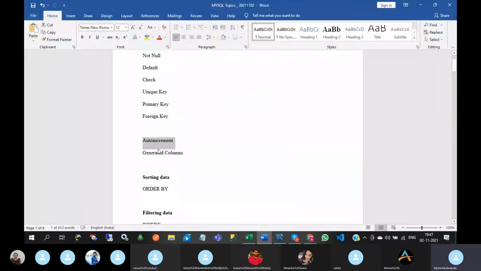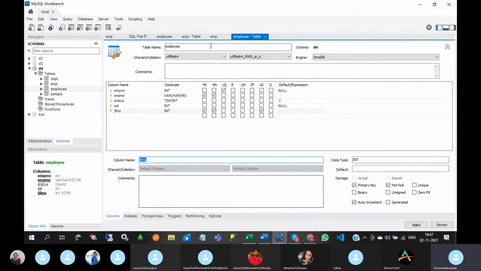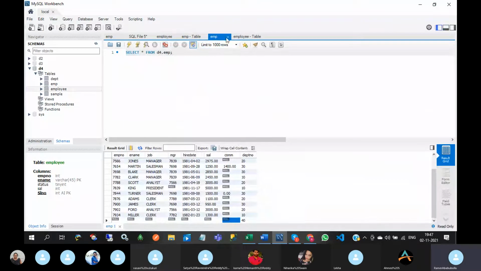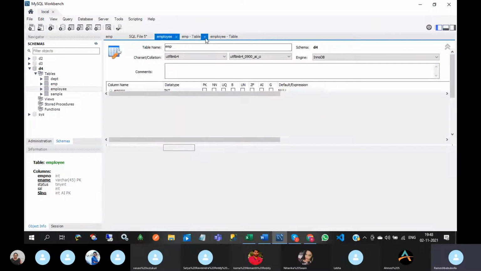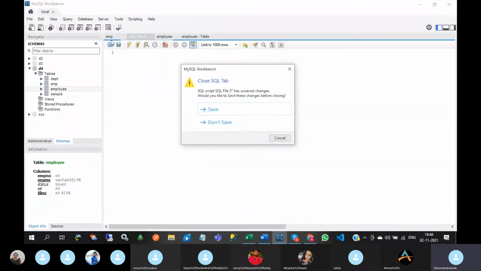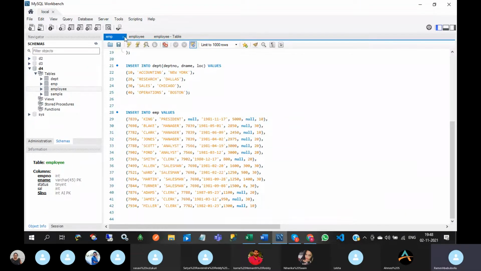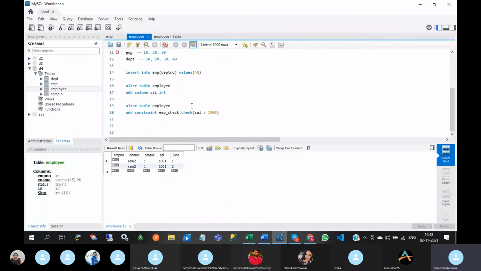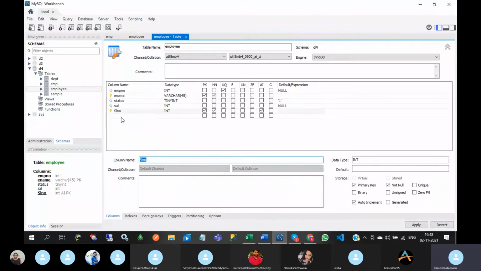Next one is generated columns. So, too many connections, getting confused. So generated column means, so I want to create one column, and that column will have the values at the time of insertions. So that is generated columns. Okay, so